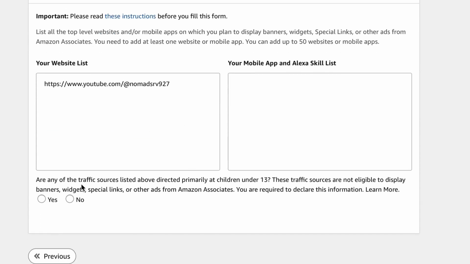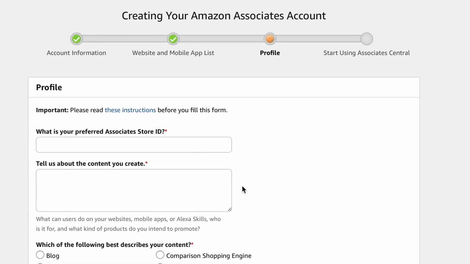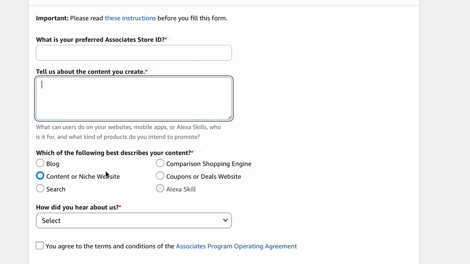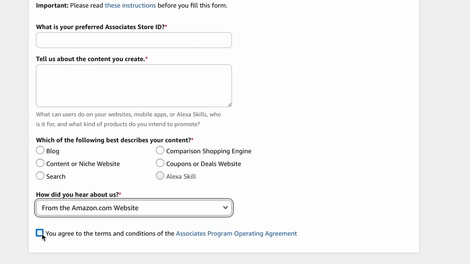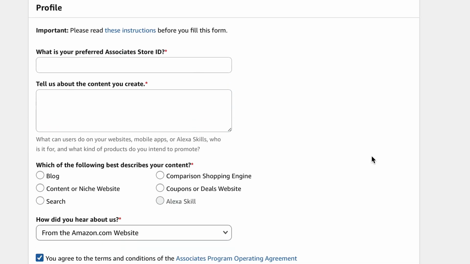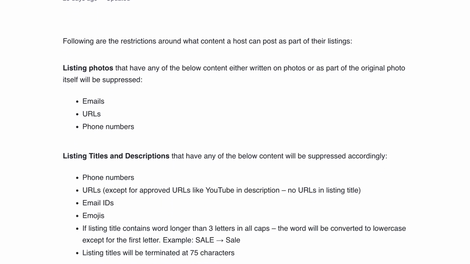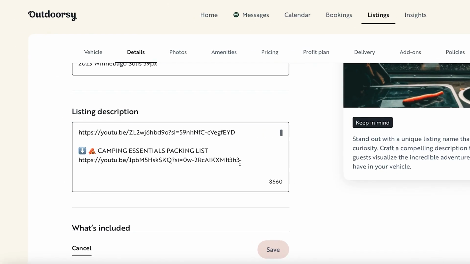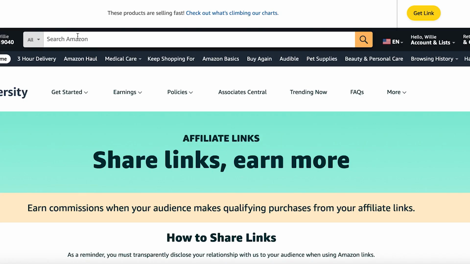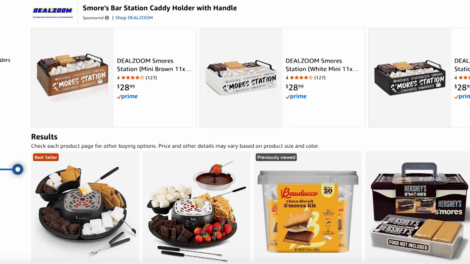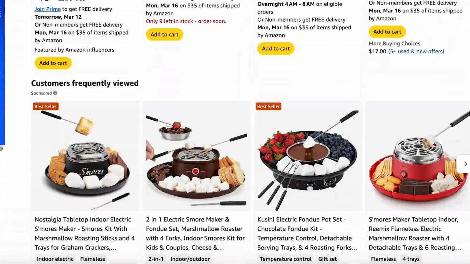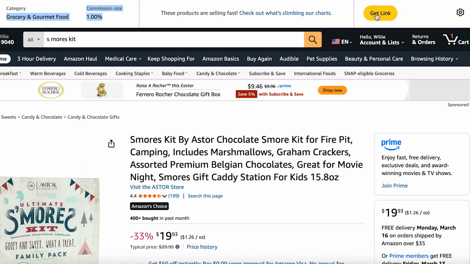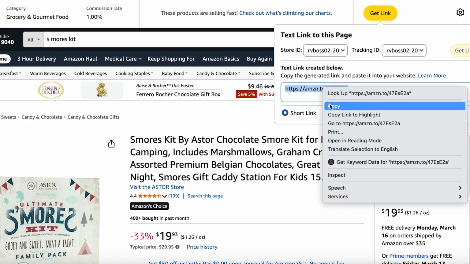So, you could just say you're going to promote some lists of product reviews and host those on your website or on YouTube. In this case, I like to use YouTube because it's the only outside URL that the platforms like Outdoorsy and RV Share allow. So you can list that on your listing page. So once you have that, that's your affiliate ID. And then from there, you can take that and start using that to go and search the products